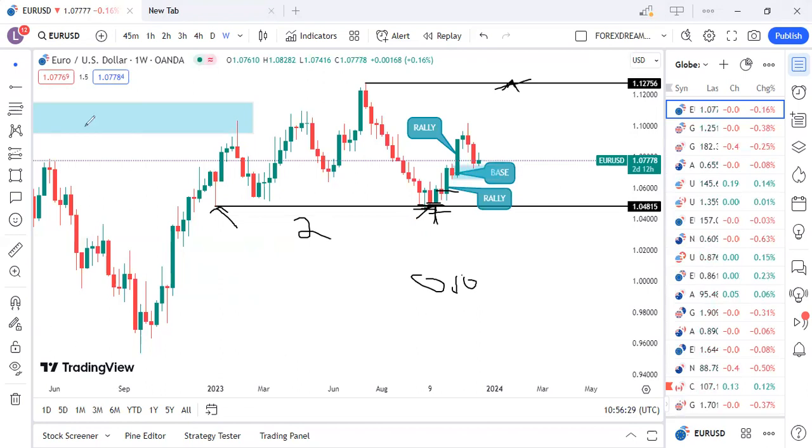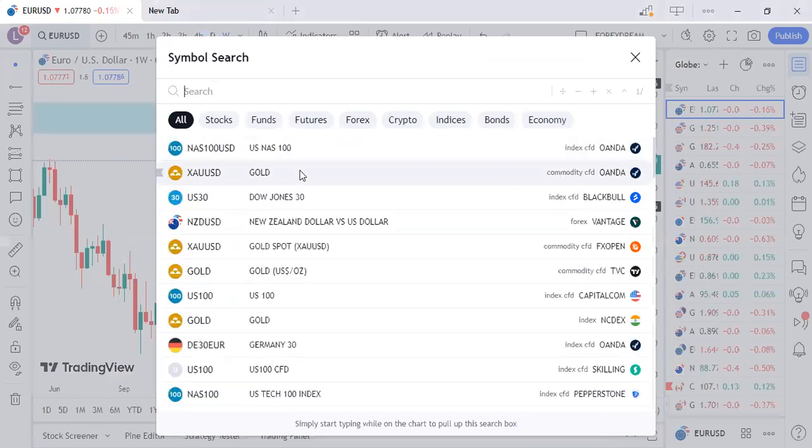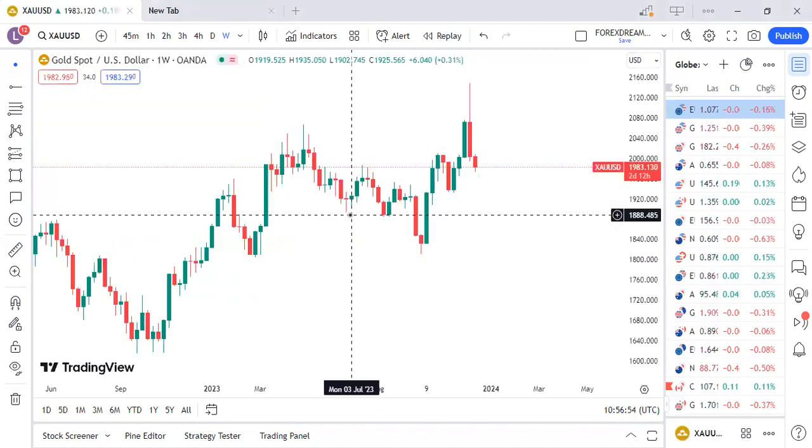I want to show you something. This one is very important. As you are starting your trading career, you go with this information. It will help you big time. Let's use gold. I want to use the information of what happened in gold before, so that you can see how easy it is to trade. The only challenge you're going to have is when you take a decision to buy where there's no opportunity, or to sell where there's no opportunity.